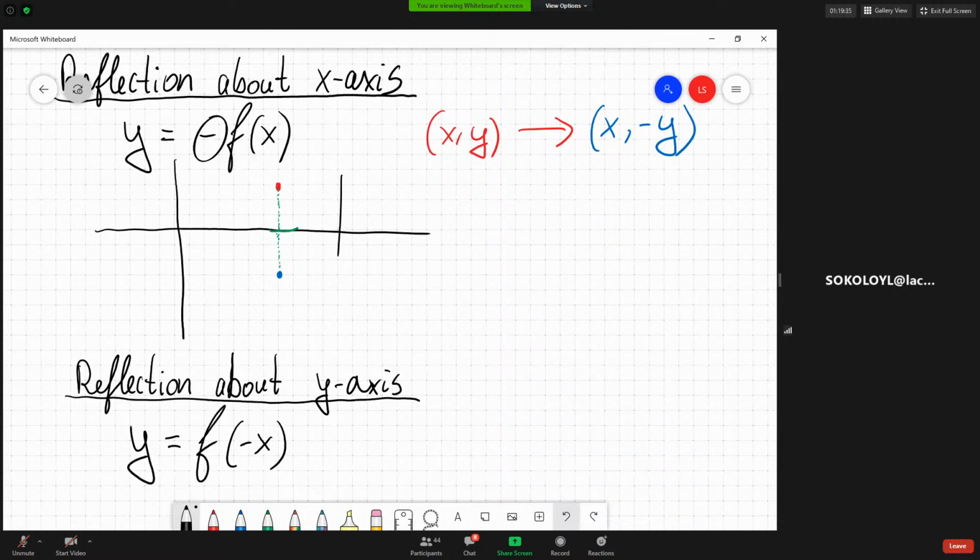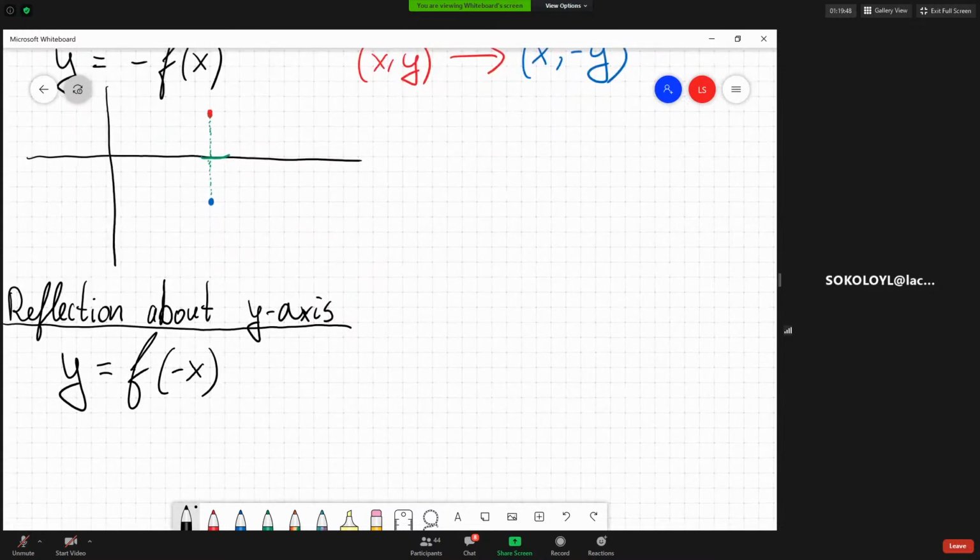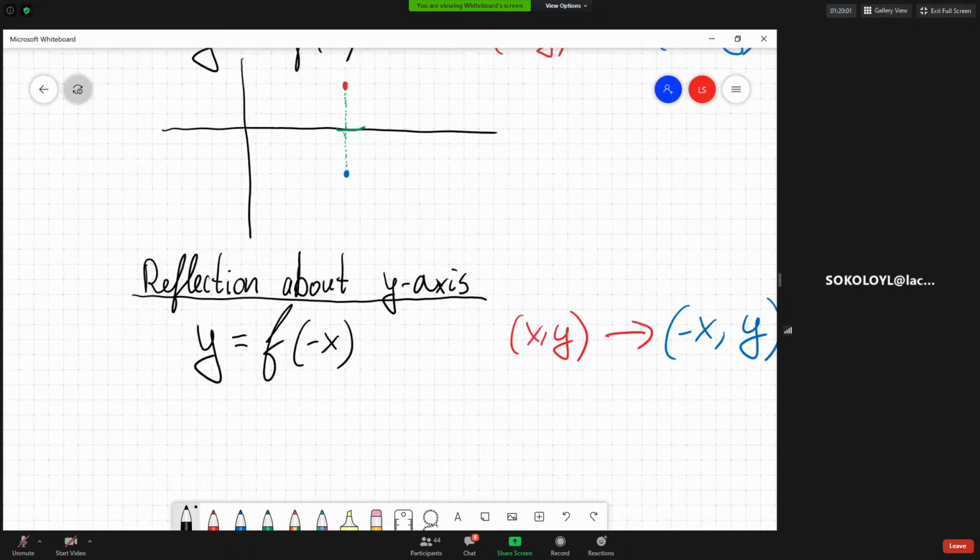Whenever something changes inside the function, like in this case, then it'll be associated with horizontal movement. And horizontal movement in this case is reflection about the y-axis. So on an ordered pair, the original point x comma y would get transformed, where it's now negative x comma y. And if we do that little graph to show what it looks like,